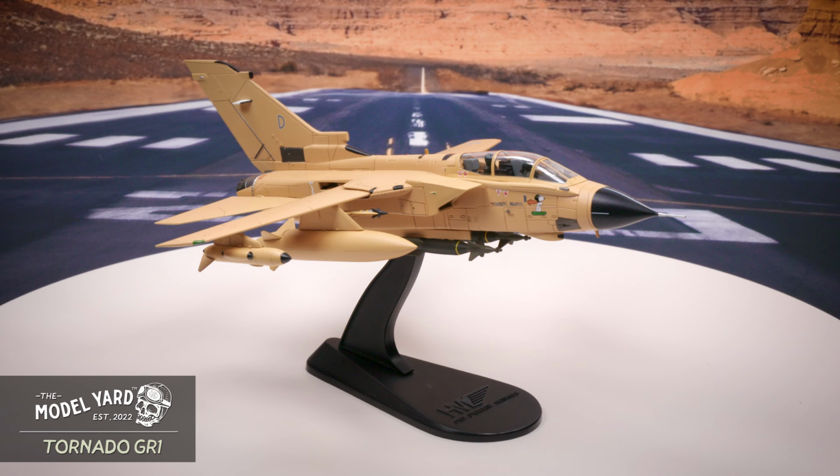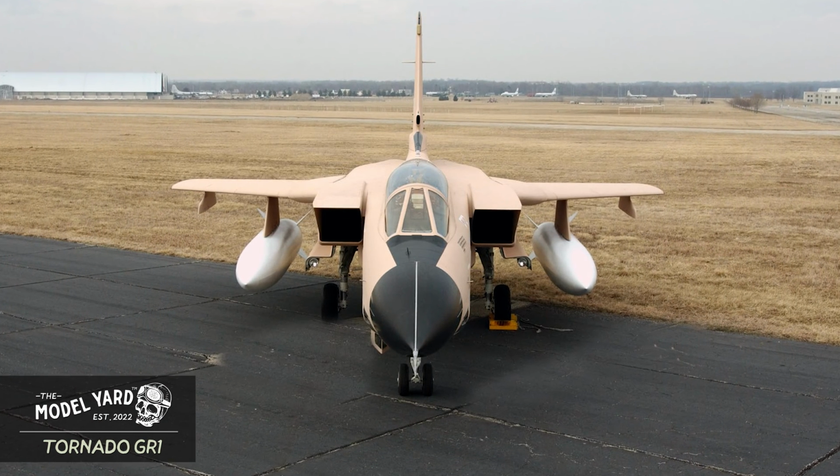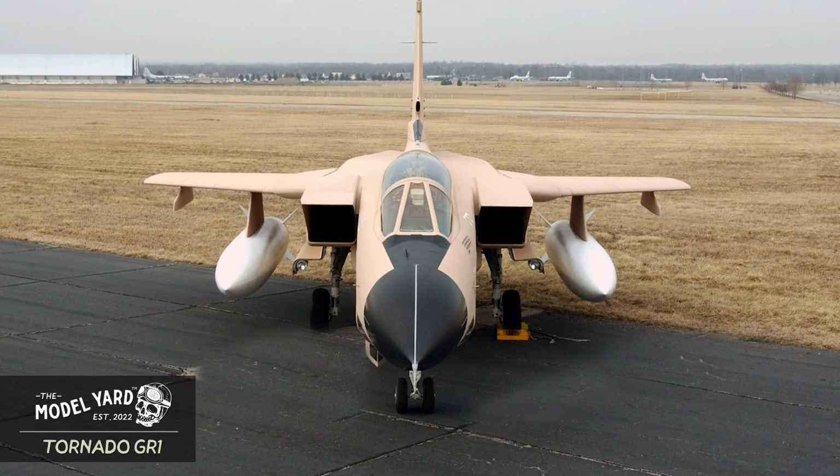Welcome back to the Model Yard, where today we are featuring the Panavia Tornado GR.1 in 1/72 scale. This variant specifically served in Operation Desert Storm of the 1990s, where it fought alongside aircraft such as the venerable F-15 and A-10 of the U.S. Air Force. The Tornado was a two-seat, variable geometry wing-equipped aircraft, in service with several nations over multiple